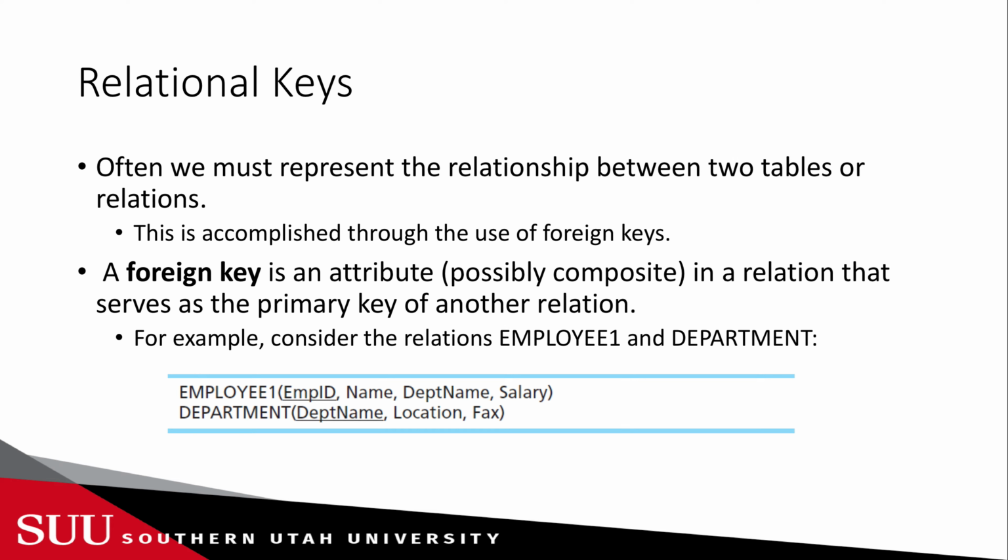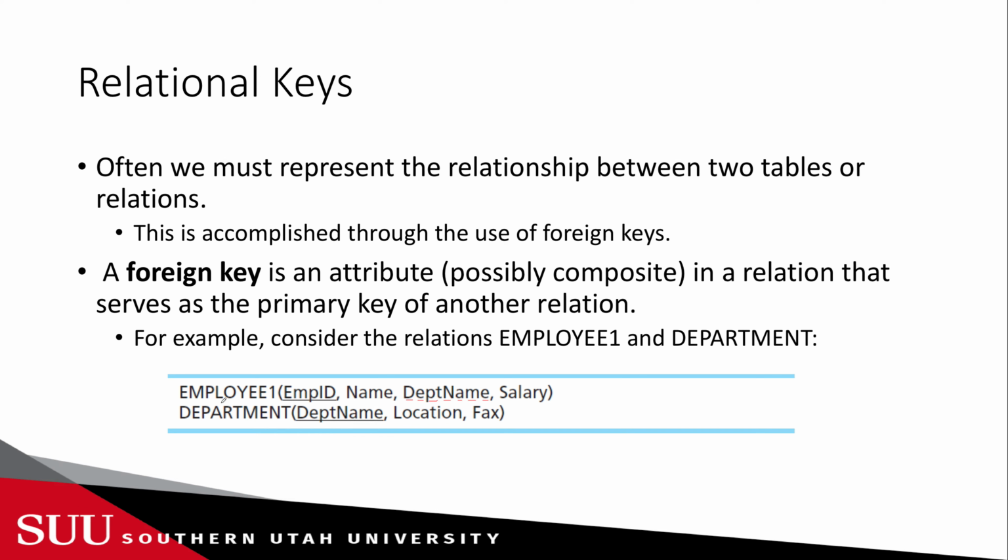Now, this did not highlight it in a dash underline, but we will need to include a dashed underline in here to show that this in fact is a foreign key for that relation. And this is how we represent the foreign key that is going to relate to another primary key. Remember, a foreign key is an attribute in a relation that is a primary key of another relation. As we can see here, the department name is the primary key of department.